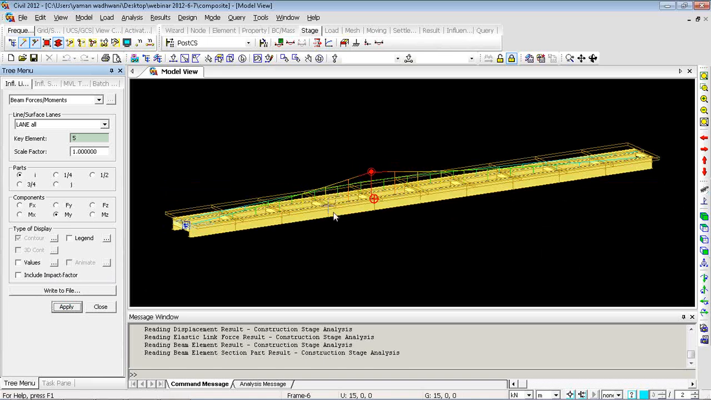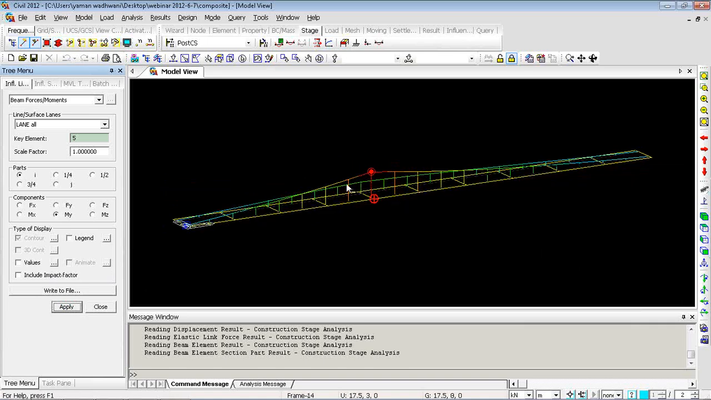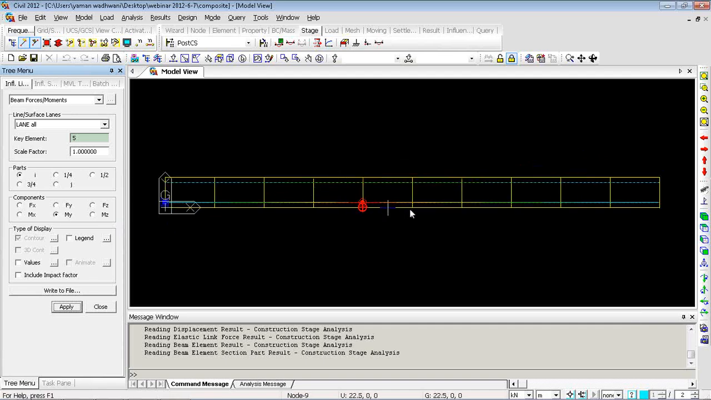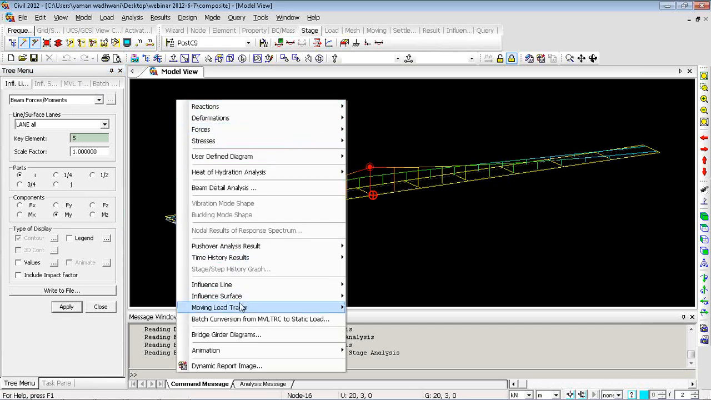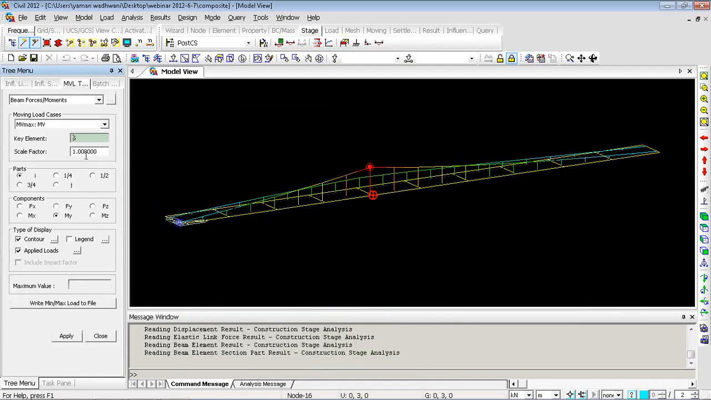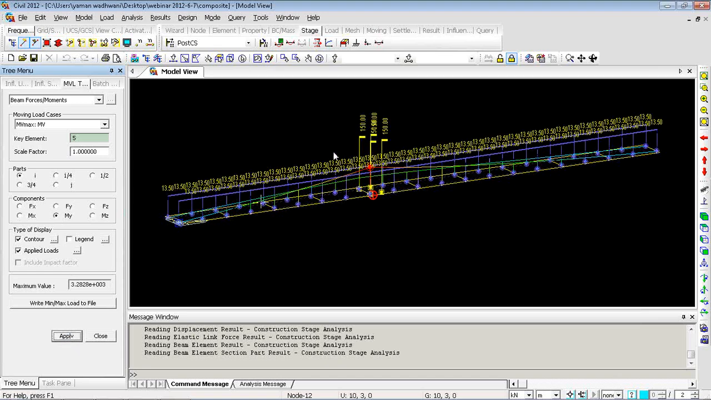You can see for a lane we have two influence lines, the bigger one and the smaller one. These two lines show the influence lines which represent the wheel positions. Then we can also see the position of vehicles causing the maximum moment at the particular element. So moving load tracer, beam forces moments, and just click on apply, and you can see this is the vehicle position which causes this maximum moment